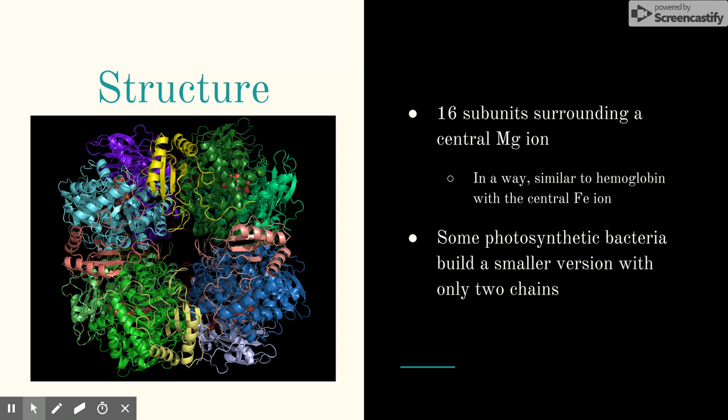So, why do plants build these larger complexes? The answer lies in the fact that RuBisCo performs its job in crowded conditions. By packing all these chains together into a tight complex, the protein reduces the surface that must get wet by surrounding water, which allows for more protein chains and thus more active sites to be packed into the same space, making these enzymes more efficient.